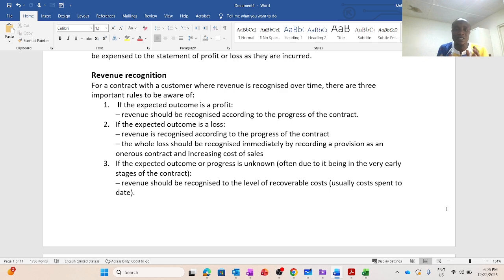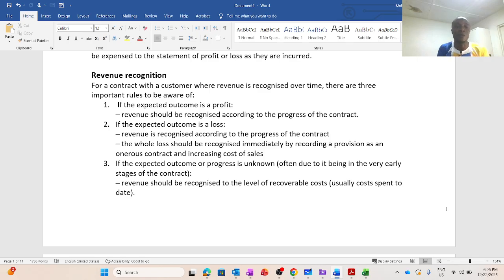So if there's an uncertainty relating to the outcome of the contract agreement, then it means we need to know how we can recognize revenue. So these are the three conditions that you need to know as a student. And to be specific, for strategic business reporting students, you need to understand these areas because when a question is tested, to be specific, a question might be asked to explain the accounting treatment. So for you to be able to explain the accounting treatment, you need to be aware of these conditions of how